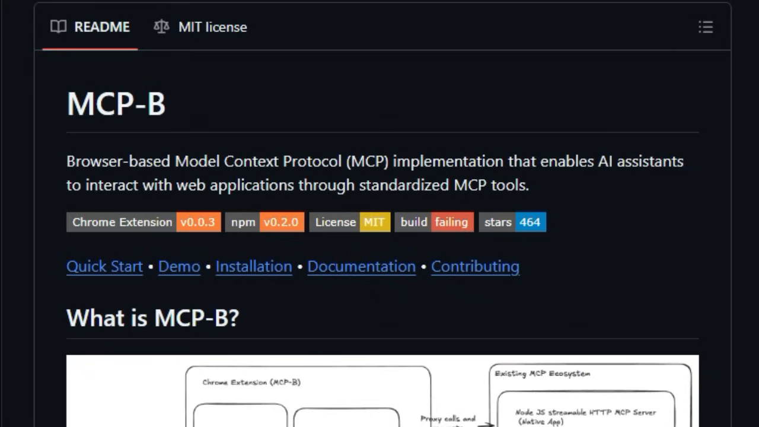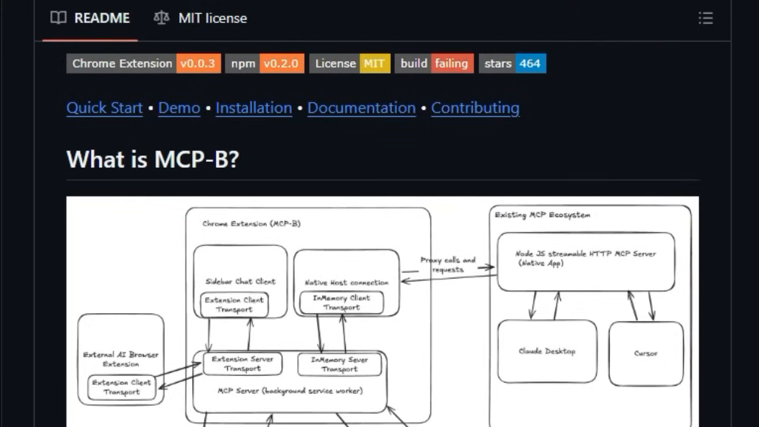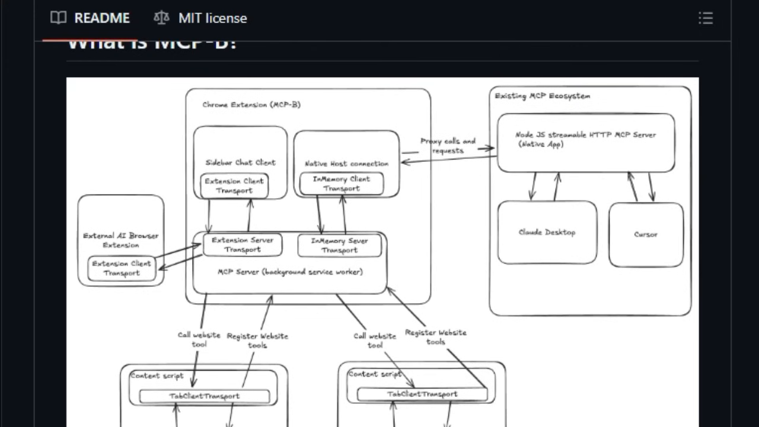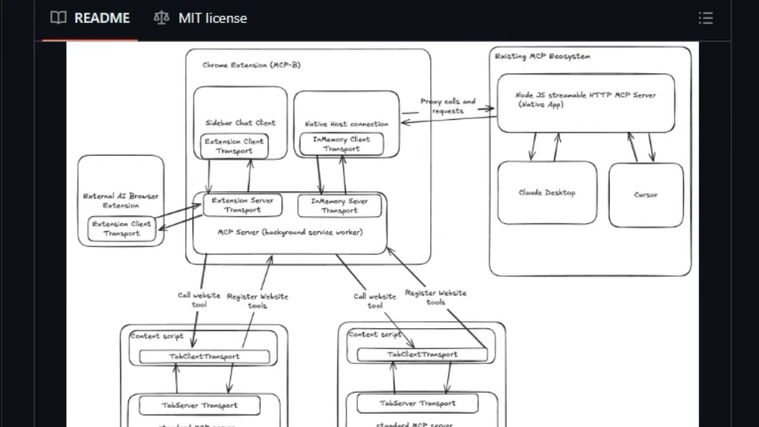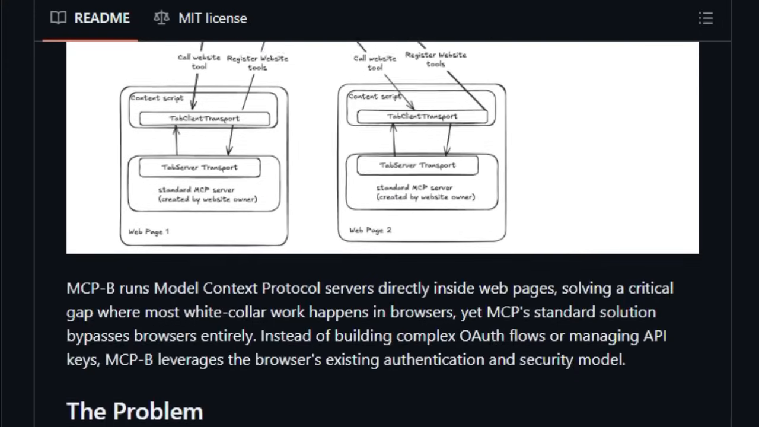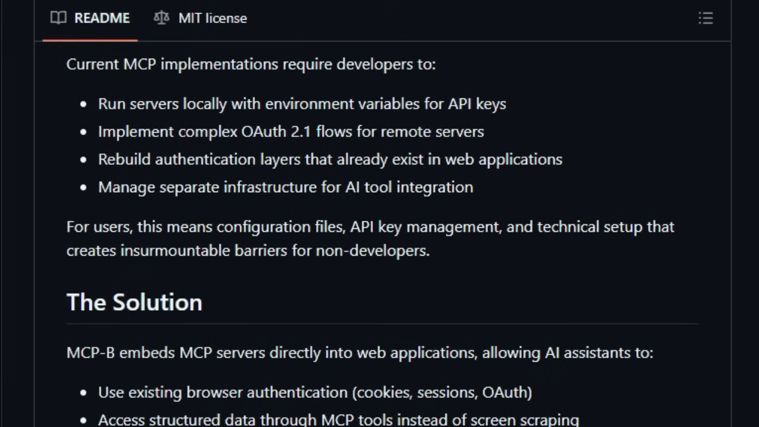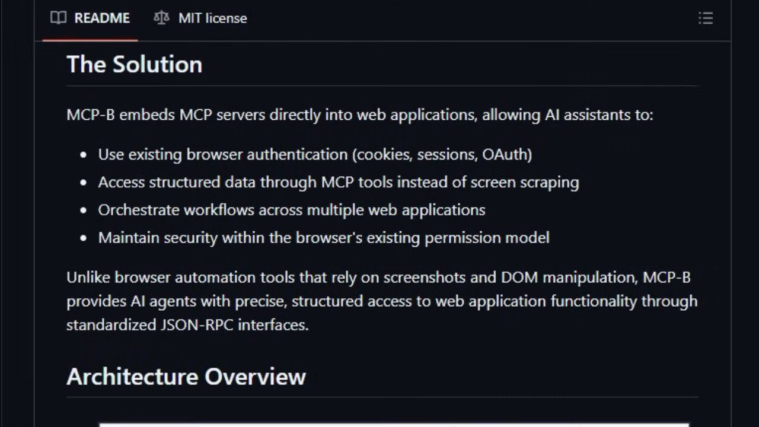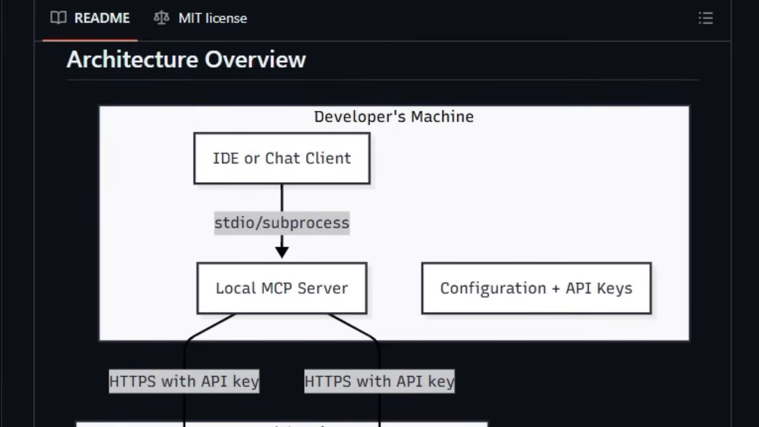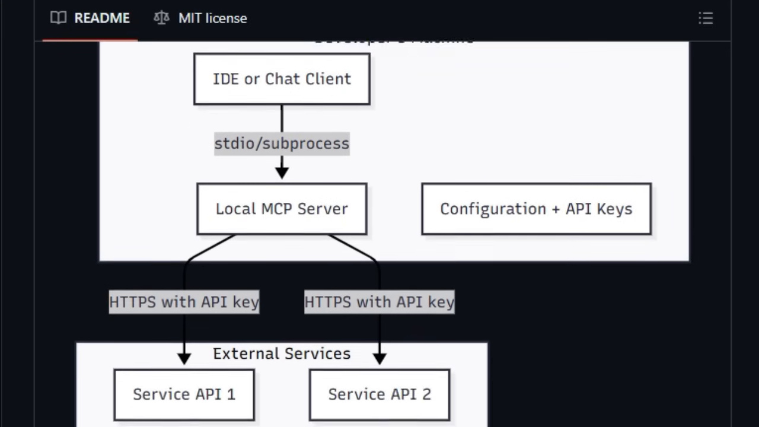This means AI agents can interact with web apps using structured JSON RPC tools instead of relying on screen scraping or brittle DOM hacks. Why does that matter? Traditional AI integration with web apps often demands complicated OAuth flows, API key storage, or heavy engineering effort. WebMCP sidesteps all of that by leveraging existing browser authentication, cookies, sessions, and permissions, so there's zero new setup for users. Essentially, when you're logged into a site, any AI assistant gains secure, session-level access to the toolset that site